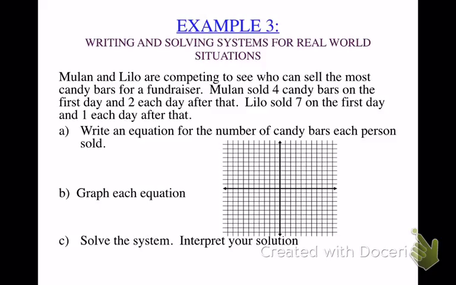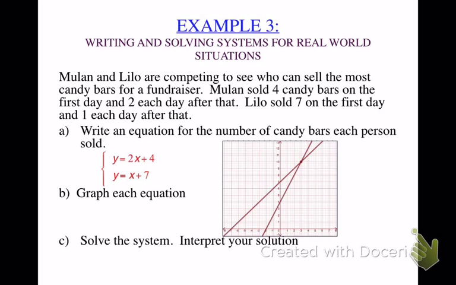Let's look at that for a second. Since they sold 4 the first day and 2 each day after that, 4 becomes our y-intercept and then 2 is our slope. The same thing goes for Lilo, who sold 7 on the first day and 1 each day after that. Okay, so those are our equations. You can see where we got the slope and where we got the intercept from the information that we were given. Now we're going to graph them,